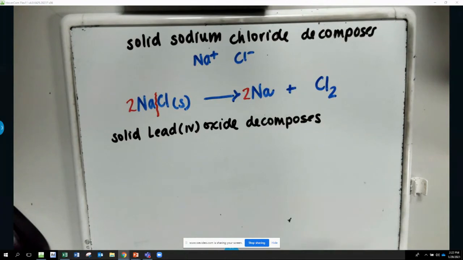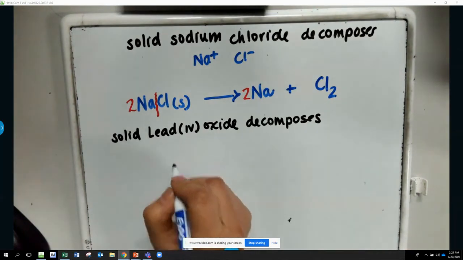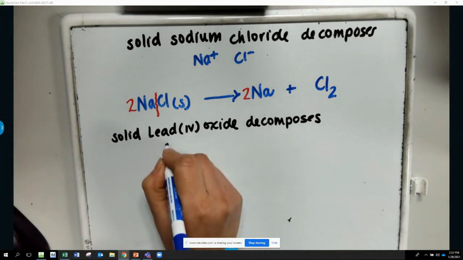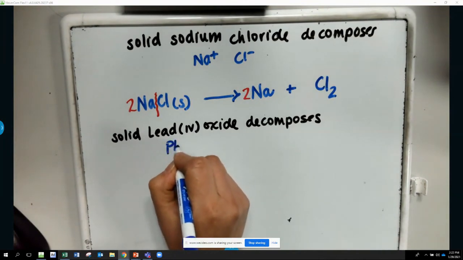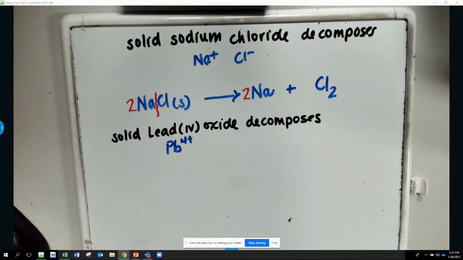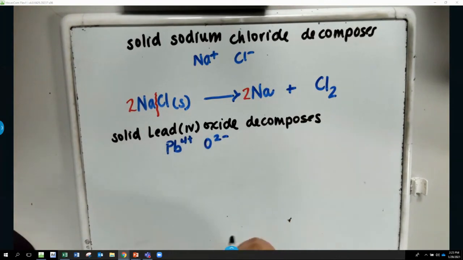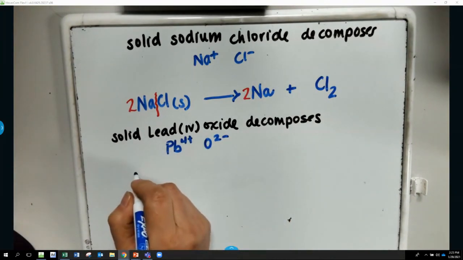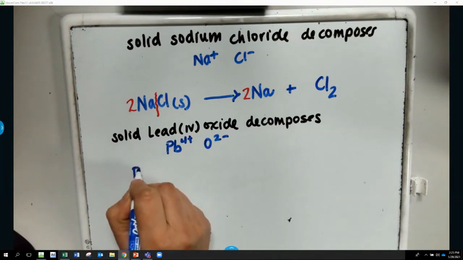Okay, here's another example. Solid lead(IV) oxide is going to decompose. What does it decompose to? Well, first of all, we have to figure out what solid lead(IV) oxide is. We know that lead is Pb, and this IV means it's got a charge of +4. Oxygen has a charge of 2-. So if we were to put that together, balance our charges, or crisscross and reduce, we end up with